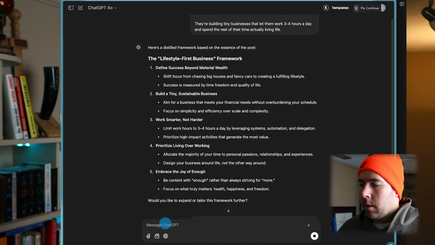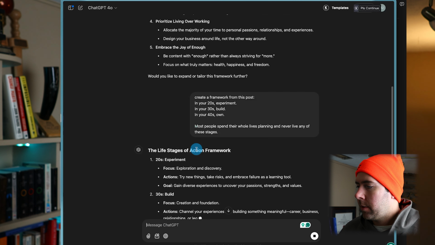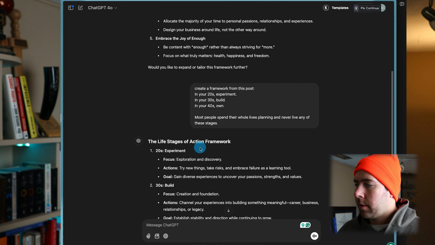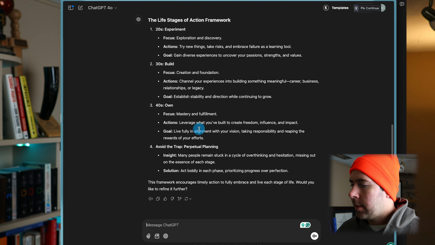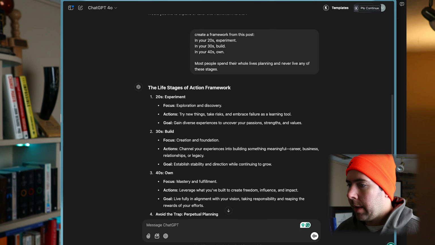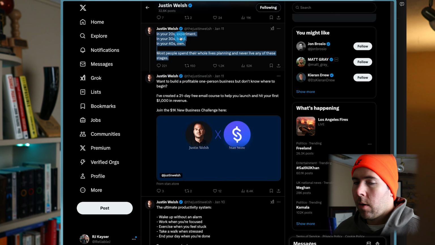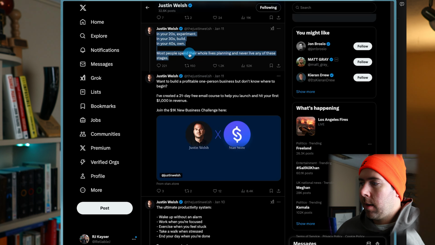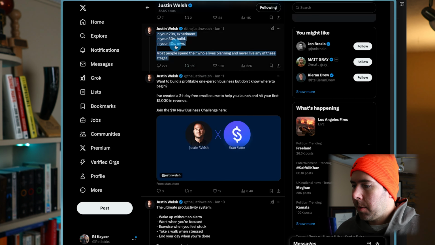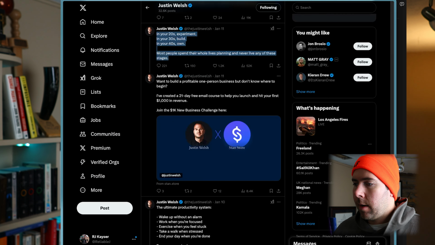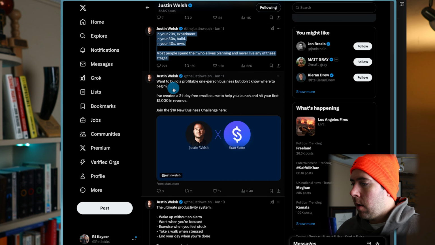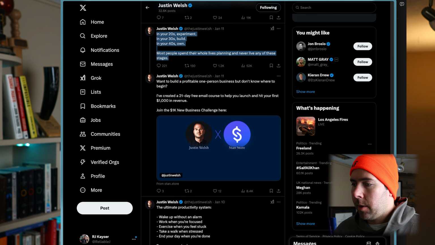Now you can also go, and if you're willing to take the time, the life stages one's pretty easy to create your own framework from. Instead of asking ChatGPT to do it, you can just look at it and get the essence of it. What is, in your opinion, something that you do in your 20s? What do you do in your 30s? What do you do in your 40s? And then wrap it up with some sort of catchy statement. So that's a pretty good example of one that could be turned into a framework that you would use often in different types of posts that you create.